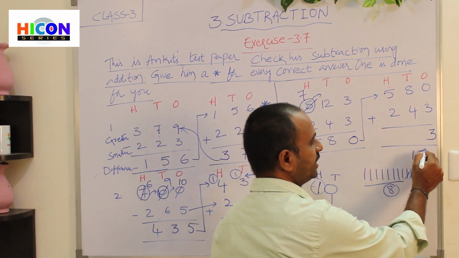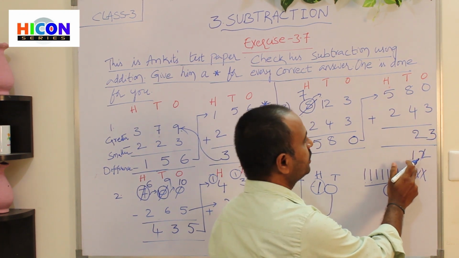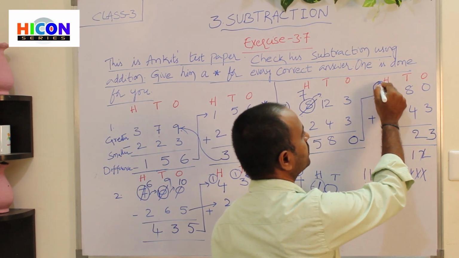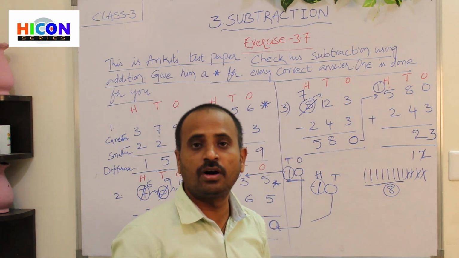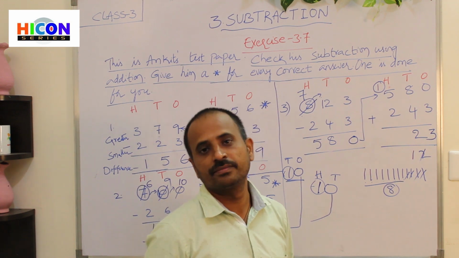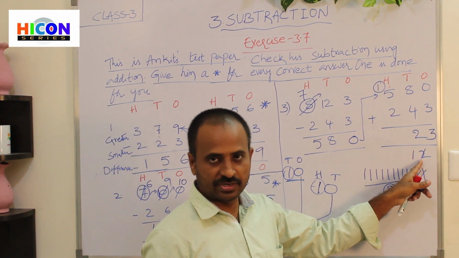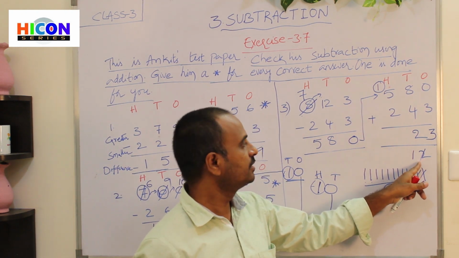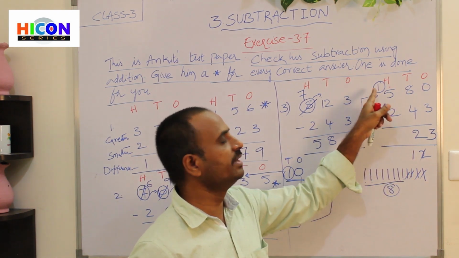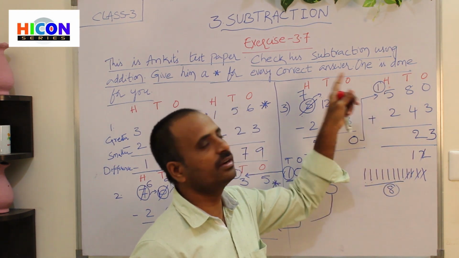So cancel the first digit here and carry it to the hundreds place. So children, if the sum of the two digits is again 2 digits, then cancel the first digit and write it under tens place, and carry the next digit to the next place. So here 1 is in hundreds place, so carry the 1 to the hundreds place.